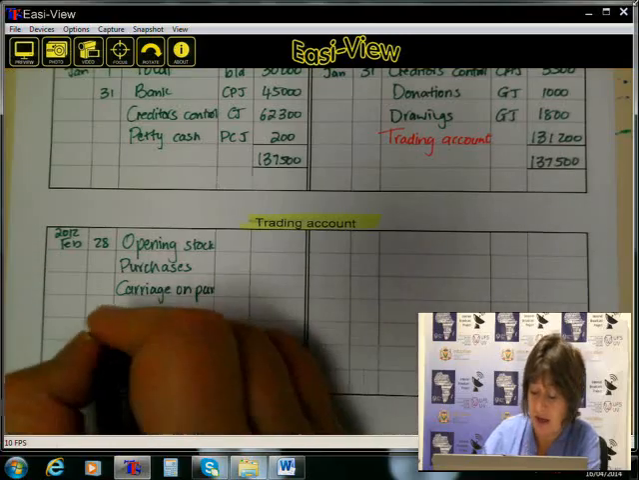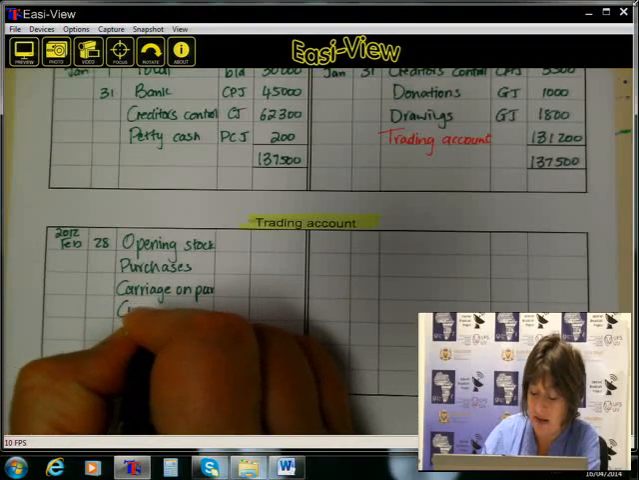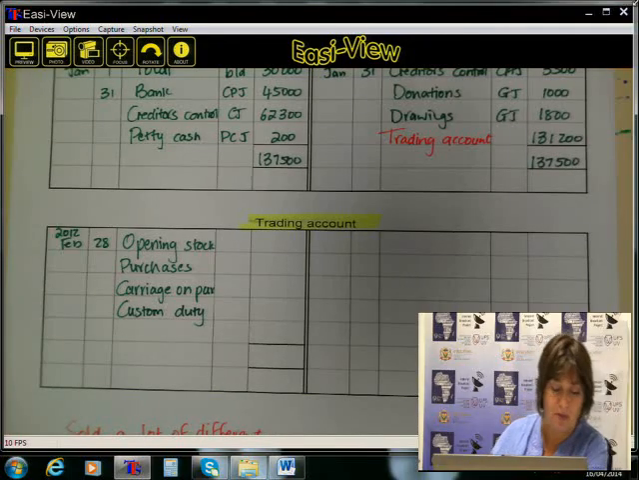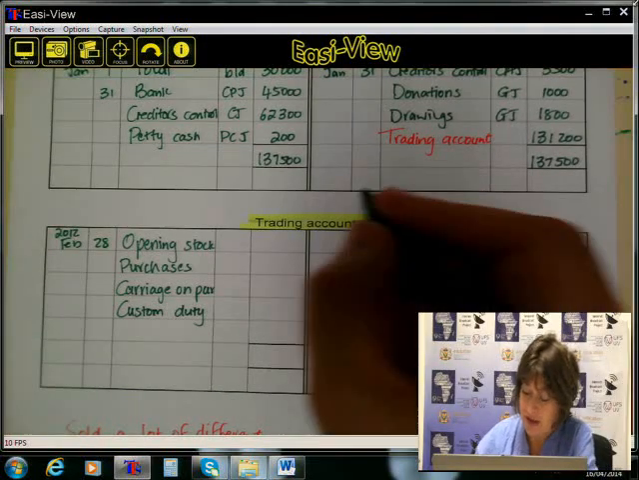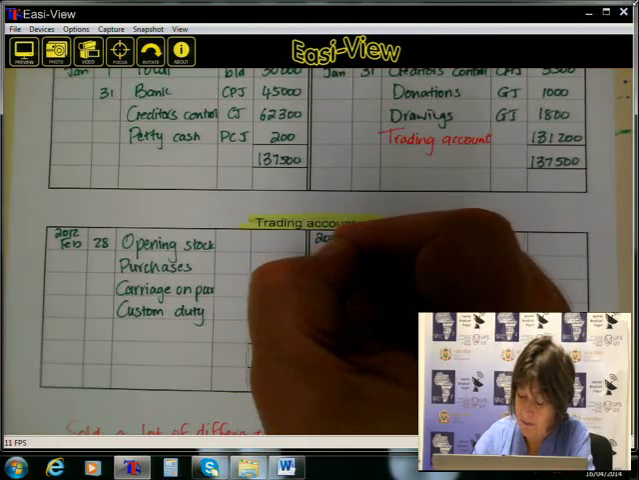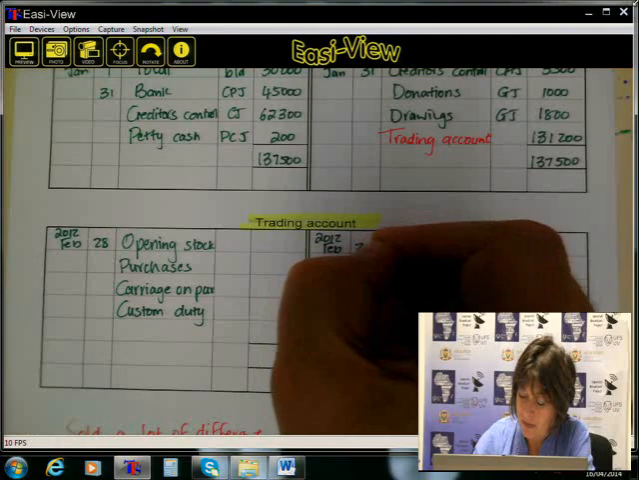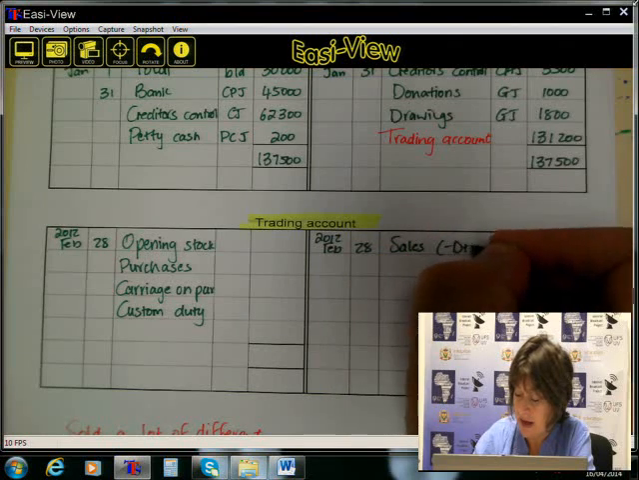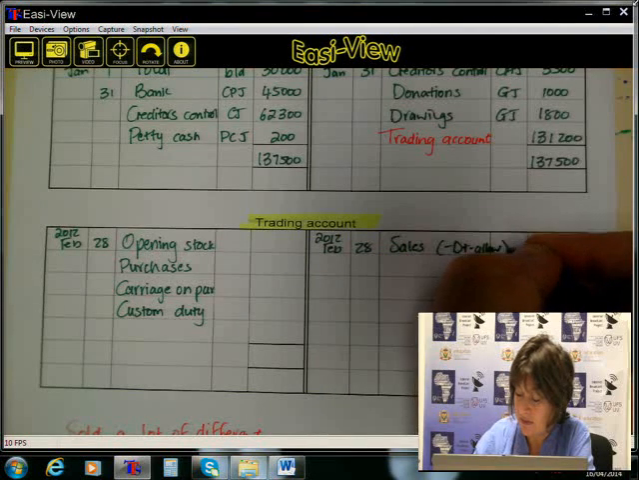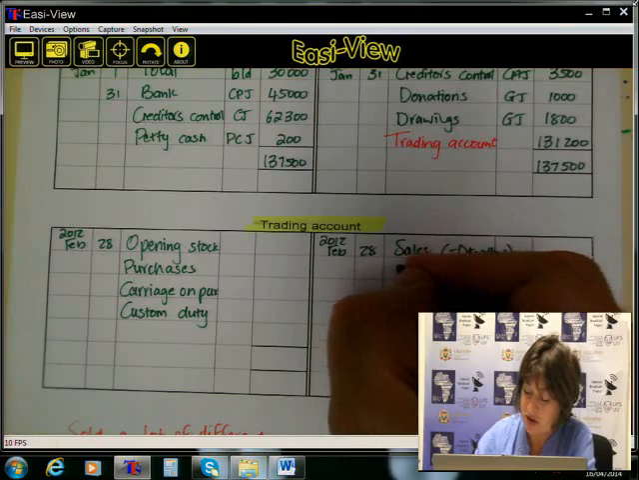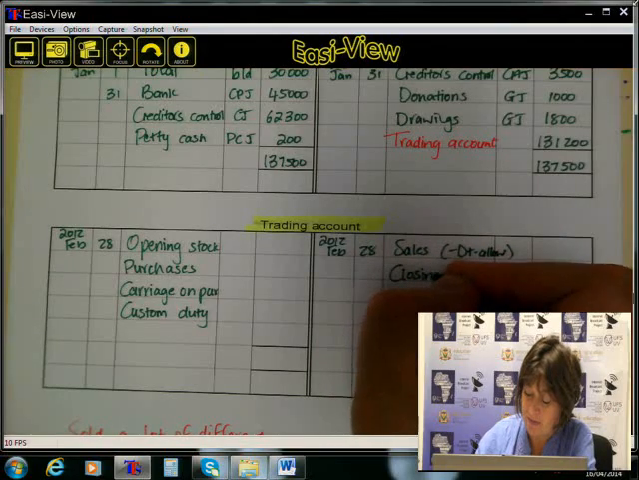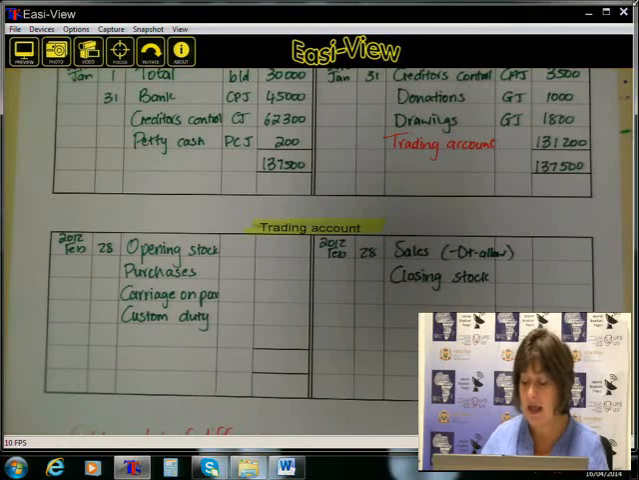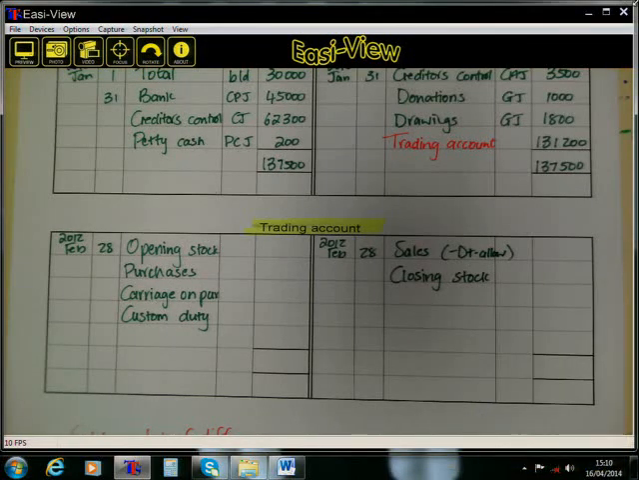We are going to show custom duty or anything else that costs you money to bring the stock to your premises. On that side, we are going to show the sales minus the debtors allowances, of course. And there's also a closing stock. That means in your trading stock account,